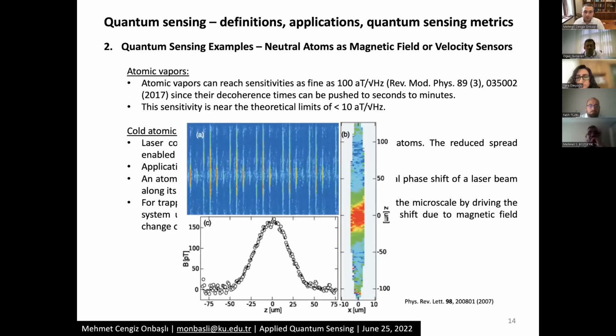So here I'm showing you some precession peaks that are happening over time. These peaks are repeating over time as beats, and we pick up the signal from the beats and divide by the gyromagnetic ratio to obtain how much magnetic field we are applying to our cell.